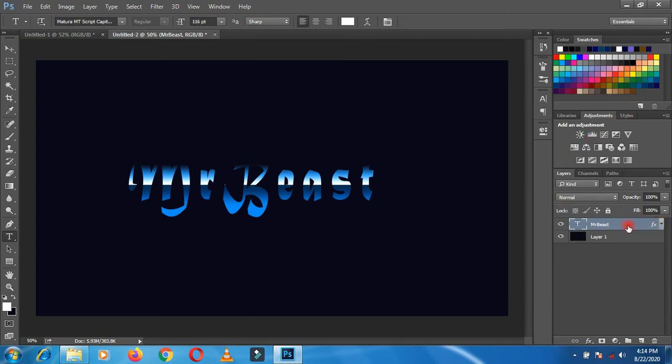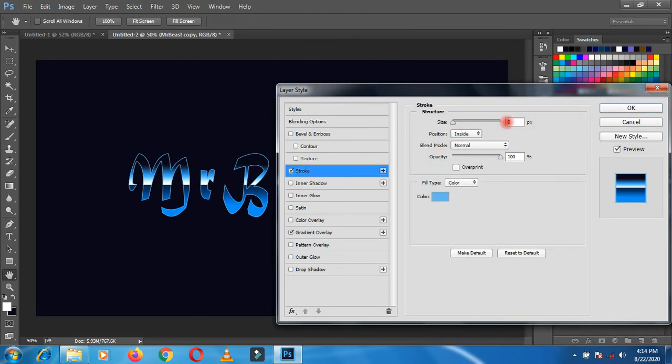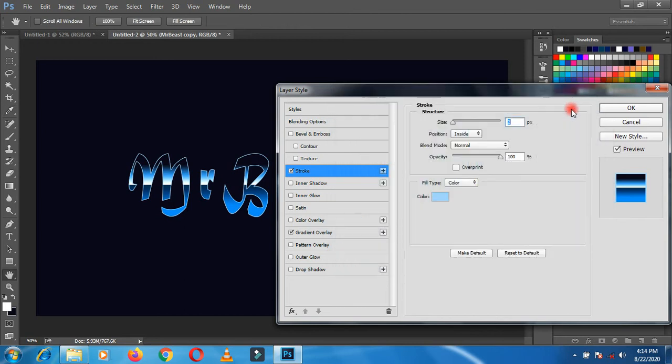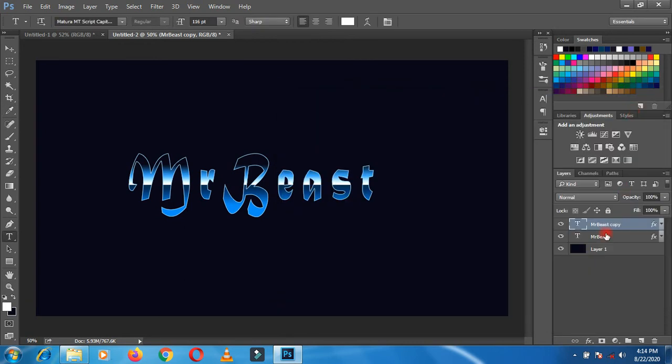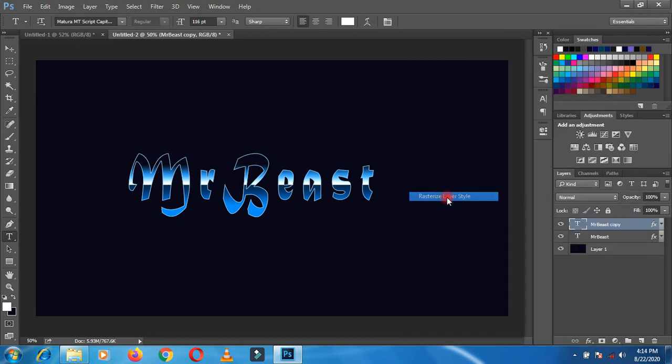Duplicate this layer, Ctrl J, then right click and blending option, click stroke and 2 and click this type of color code here, then OK. OK. After that again right click and create rasterized layer style, then